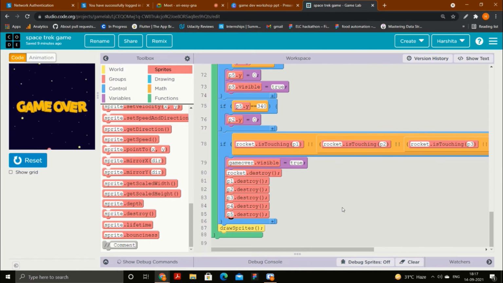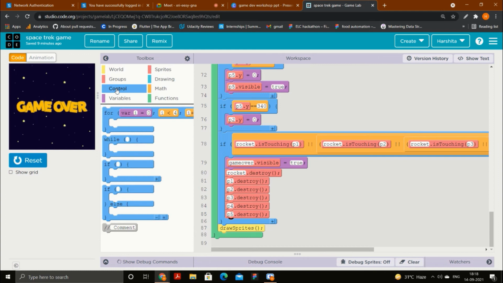If I was in the game for 5 minutes, sorry, 5 seconds, then my score should be equal to 5, like that. The moment I start playing the game, the score should start and keep increasing like one, two, three, the way a timer keeps updating: 1 second, 2 seconds, 3 seconds. So the score should equal that, and keep increasing: one, two, three, and four. Now I will put a condition here.